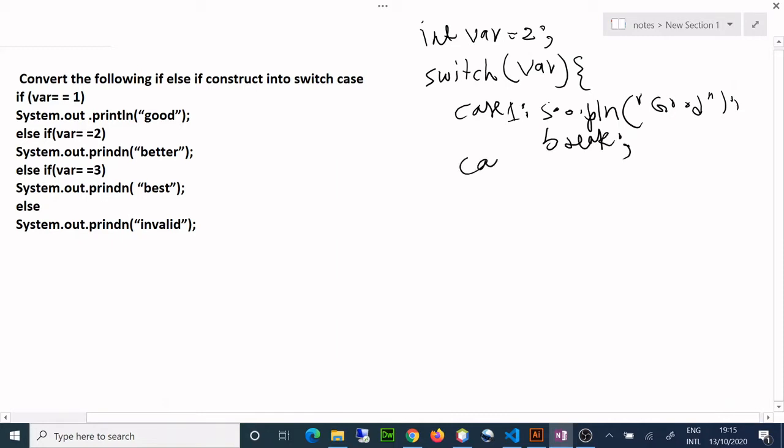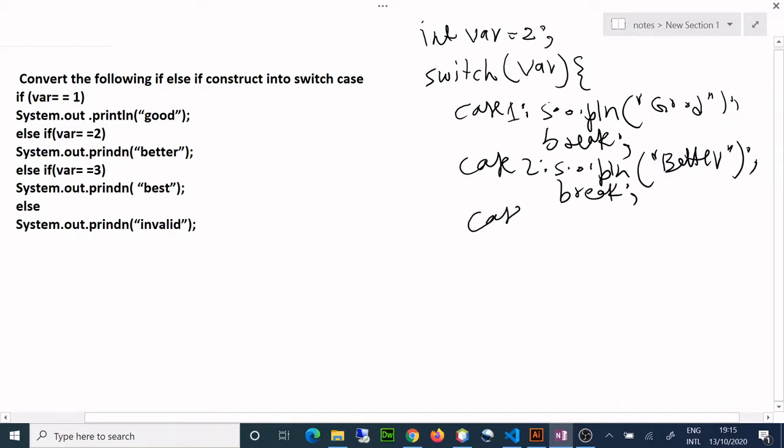If case is 2, then I write system.out.println. I'll write better, and then break. And if case is 3, then I'll write system.out.println, and I'll write here best.